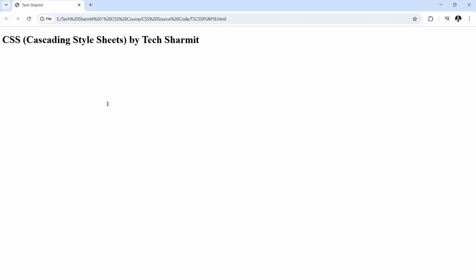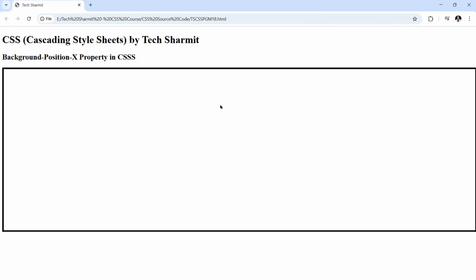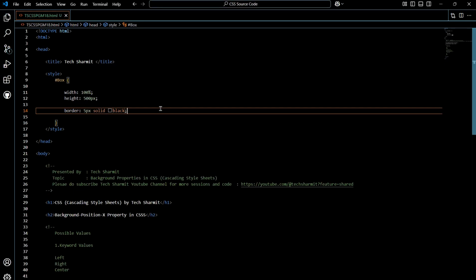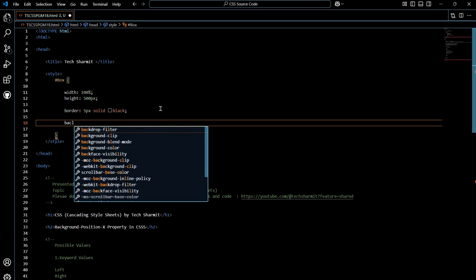Perfect. Save it, refresh it. So you can see this is how it is coming. Okay, now what next? We will include the image because everything will be visible when we are dealing with the image. So here I will apply the background image,